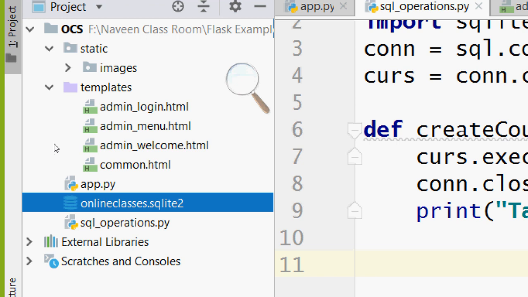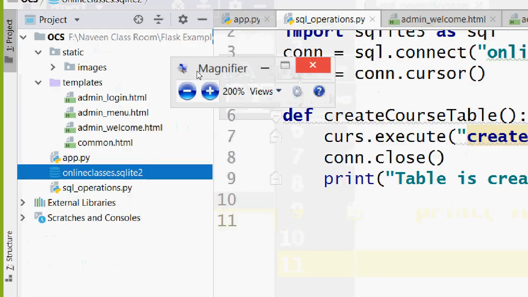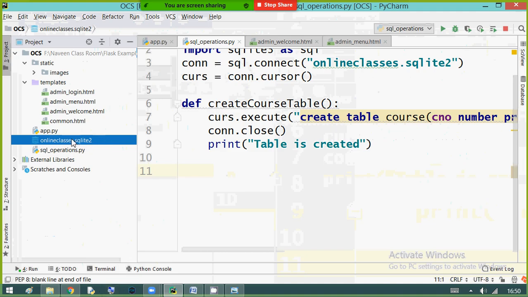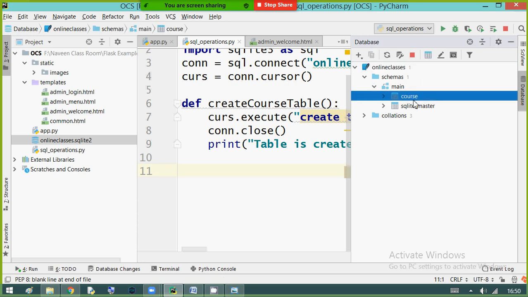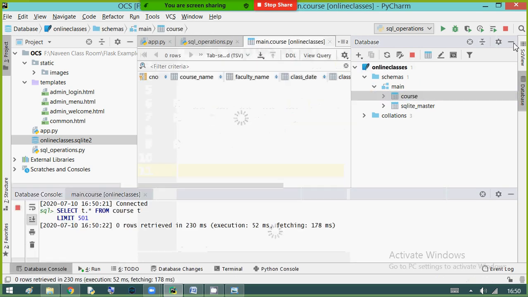Now the database is created. In PyCharm we can directly open the database. Just double click on the database, and in the right panel you can open it. Here in schemas, main, course, that was our table name. Double click to open it in the editor.